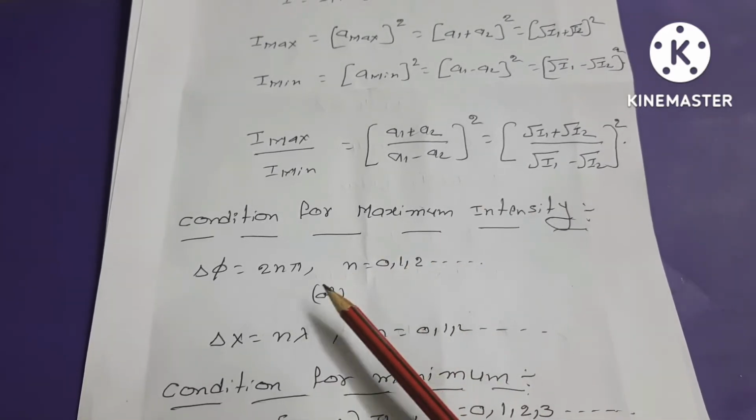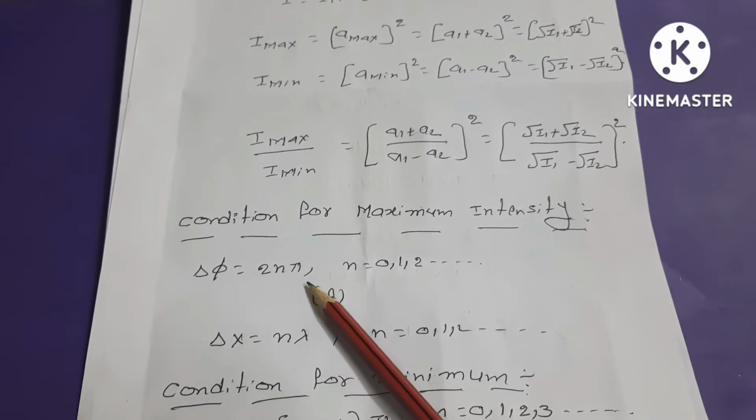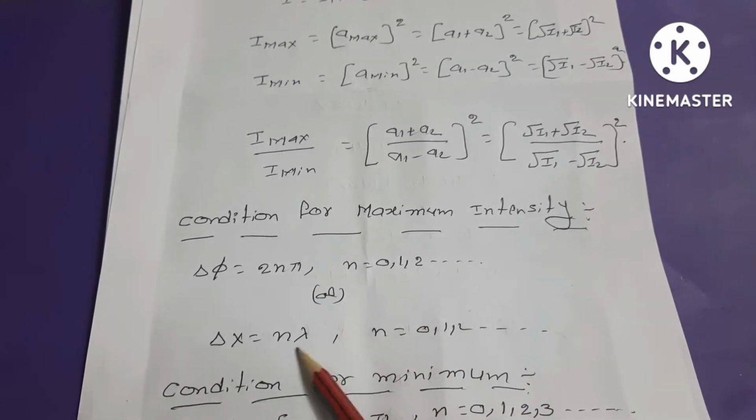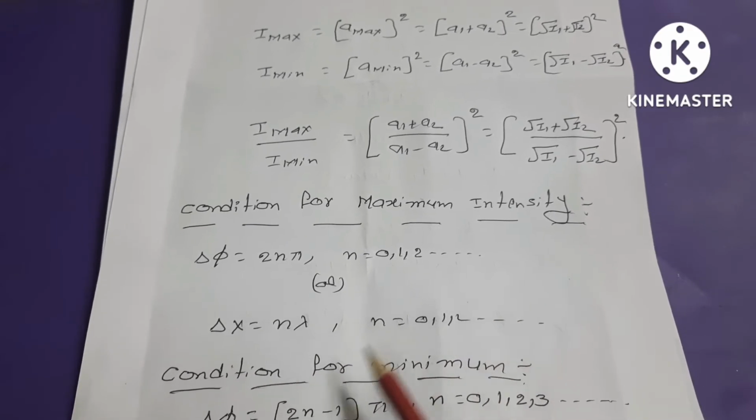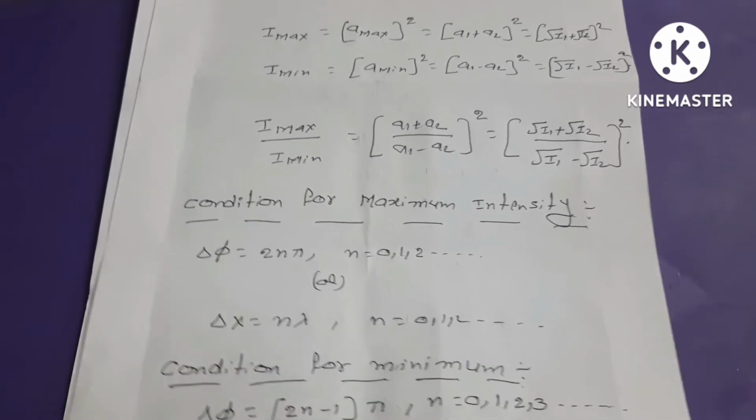The condition for maximum intensity is delta phi equals 2n pi, where n is 0, 1, 2, 3 and so on. Similarly, the path difference is n lambda in terms of wavelength, where n equals 0, 1, 2 and so on. Then the condition for